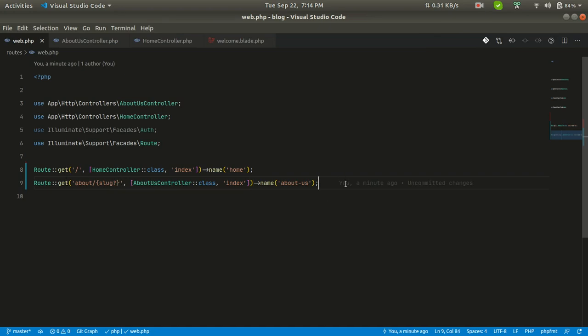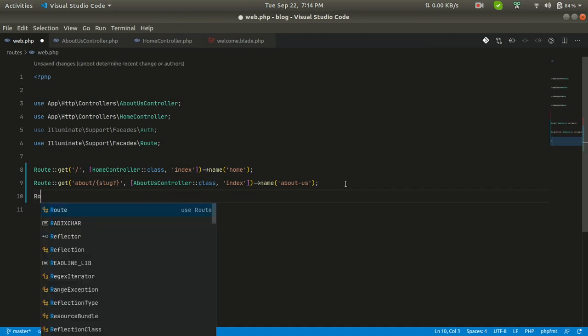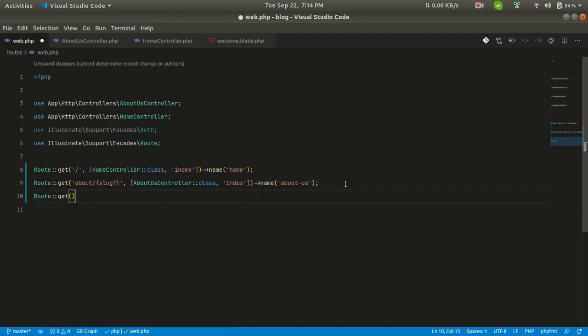Also let me show you one more thing. Let me create another route for this. Route get, and let's say we have a post, and post has a slug, and also it has comments, and it has a comment one parameter.